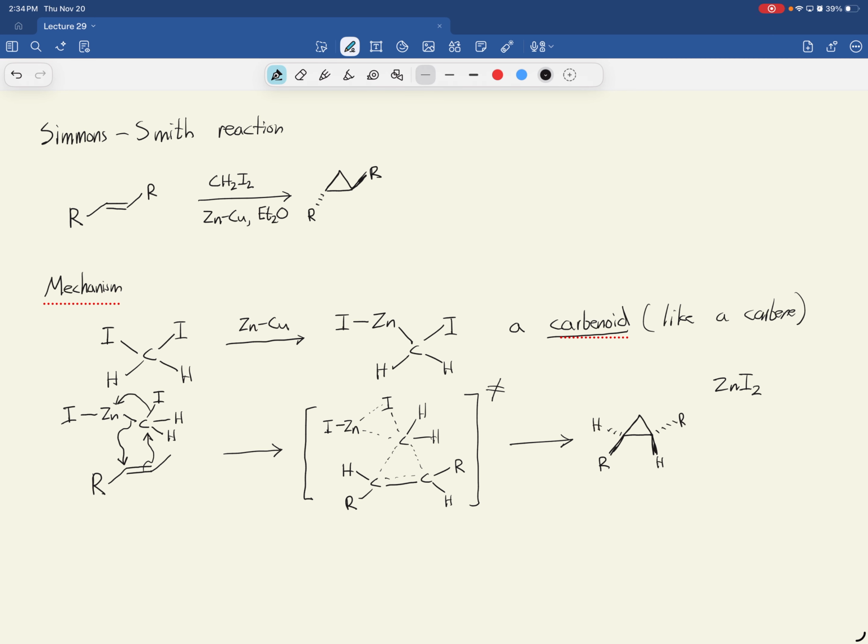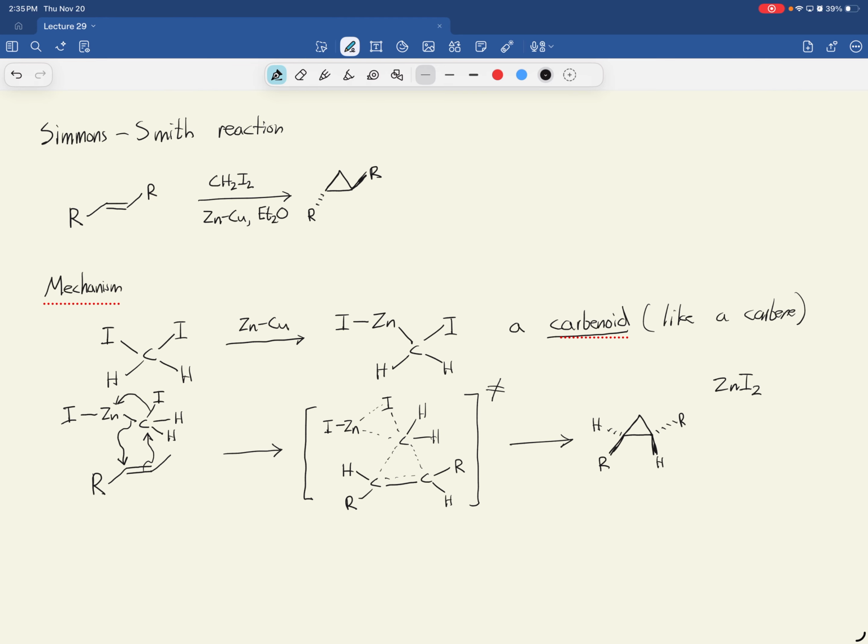This carbenoid, right? So what's a carbenoid or carbene? It's a carbon atom that has a lone pair of electrons instead of a fourth bond. So that makes it particularly reactive. Okay? All right. Well, I guess I won't have time to get into the other stuff I want to talk